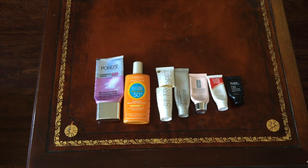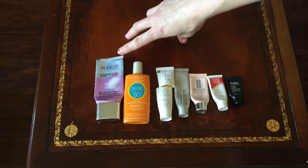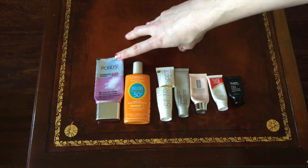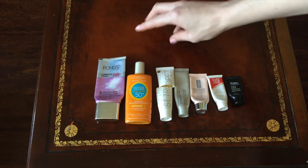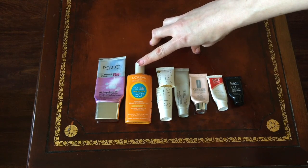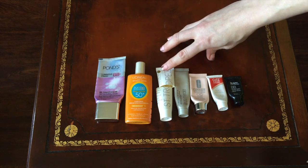Then I have BB creams, CC creams, tinted moisturizers, that sort of category. First off is the Pond's Luminous Finish BB cream. Absolutely love this stuff. I think this is my second or third container that I finished off. The L'Oreal Silky Sheer BB Face Lotion with an SPF of 50. This is actually the